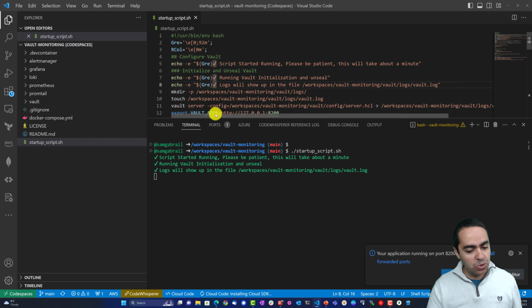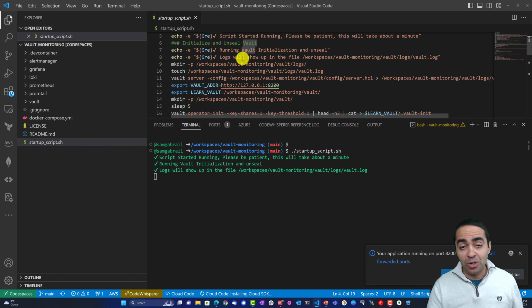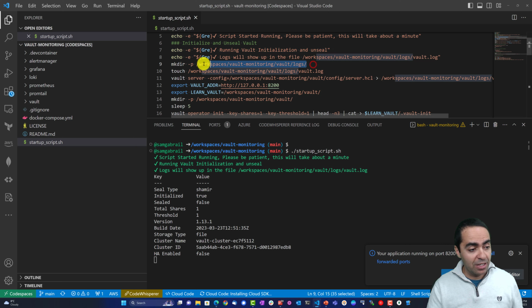It's basically going to configure Vault, get things ready for Vault. So we're going to run Vault directly on the VM here. So we're going to initialize and unseal Vault. We'll create a directory for the Vault logs. We're going to